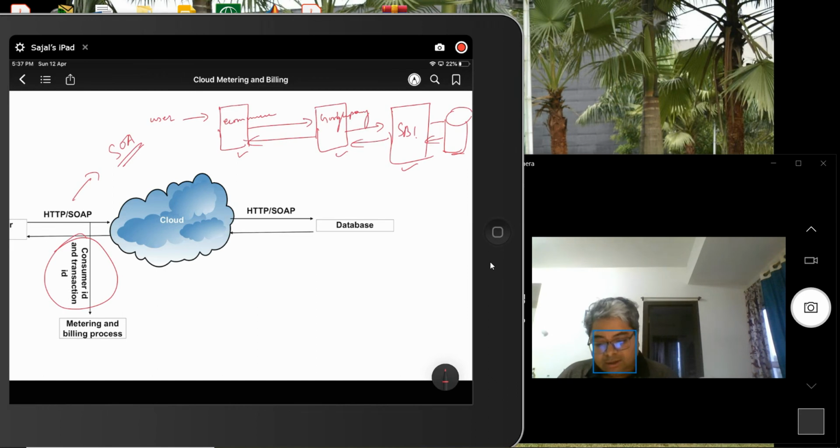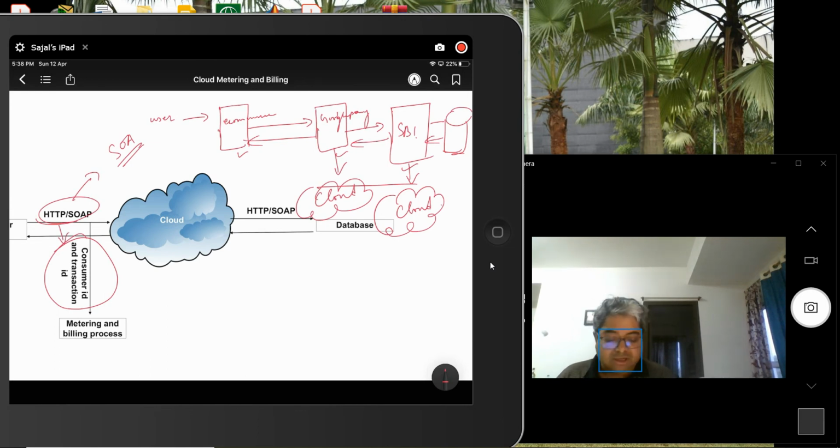Not only that, if the Google Pay server and the SBI server are also built on some cloud database, in that case they also have to keep track of how many SOAP and REST messages are passed. Based on this, their billing will be done. But as we have already said, whatever SOAP or REST messages are passed, we have to immediately destroy them. So what is the procedure to keep track of all those messages, because these are required for their billing? Instead of the number of SOAP and REST messages, they keep the consumer ID and the transaction ID only.